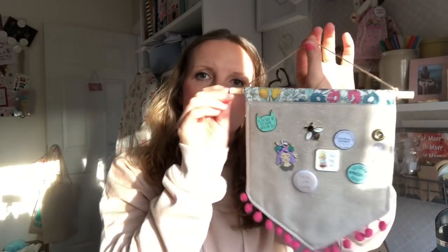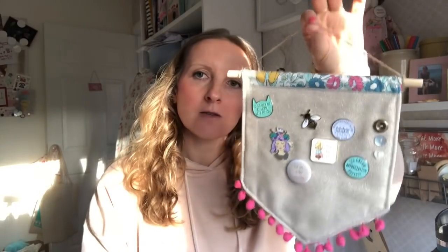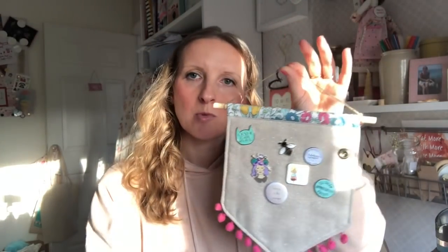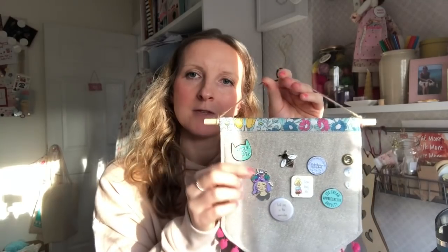So I just made this really simply, made it up as I went along, and it turned out perfectly. It turned out just as I imagined, and I happened to have some wooden dowelling to hand, so I managed to hang it up with that, and I just added some pom-pom trim that I had. I've never used it before, it just happened to be in my supplies, so I was quite glad that I had that. And throughout last year I had bought myself some pins, these ones,